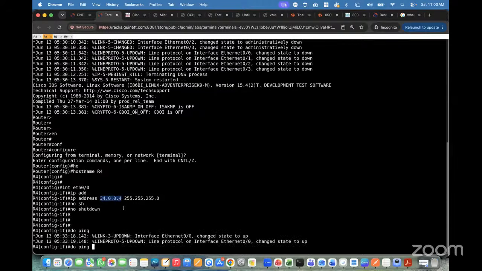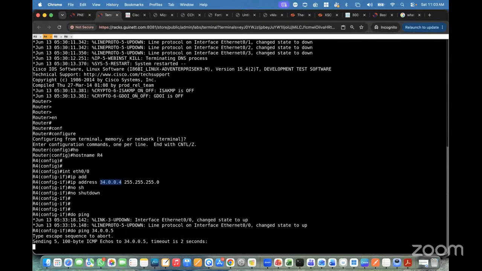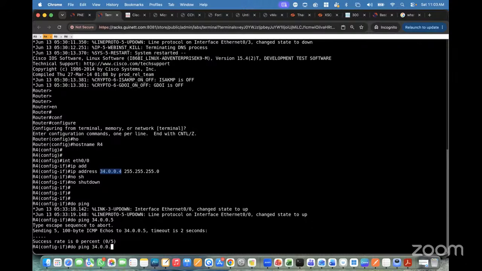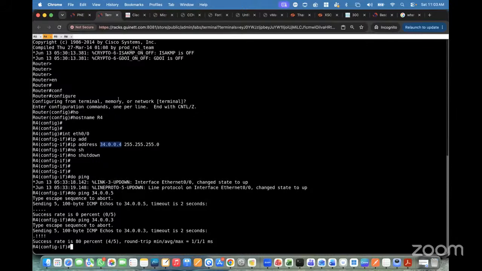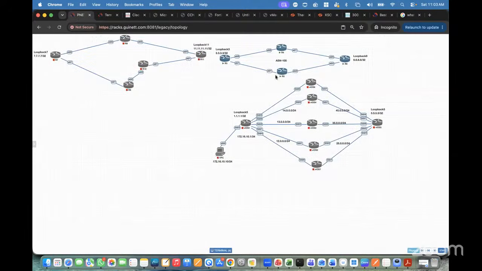Do ping. And I will ping this point-to-point subnet. Sorry, it should be 3, not 5. I pinged the wrong IP address. So I'll make sure my point-to-point is reachable. I'm trying to ping here, so it should be reachable. Yeah, it's reachable. Now the next step, I will configure